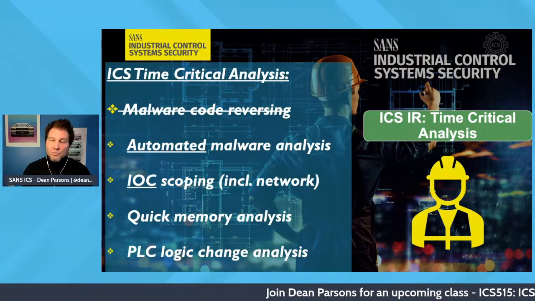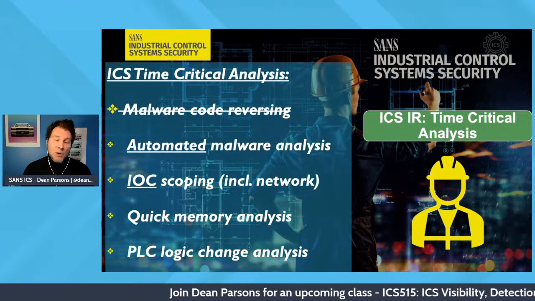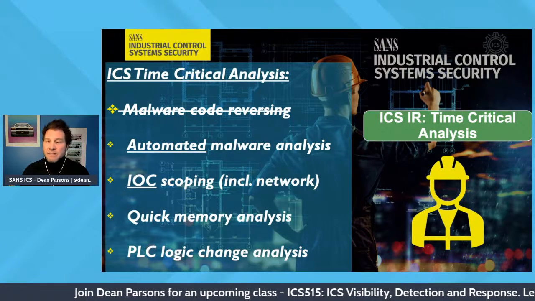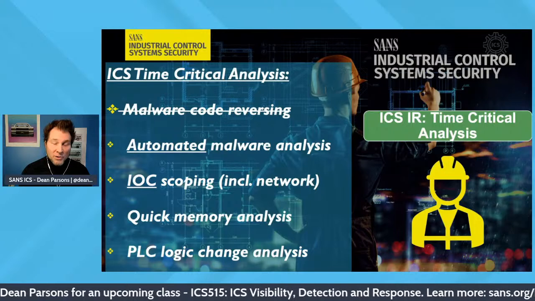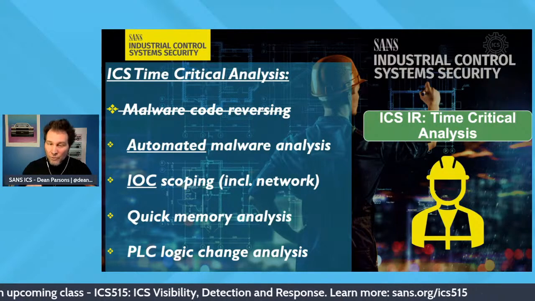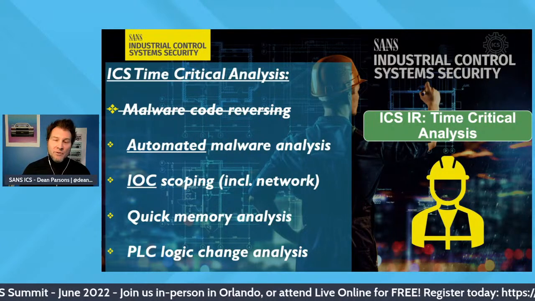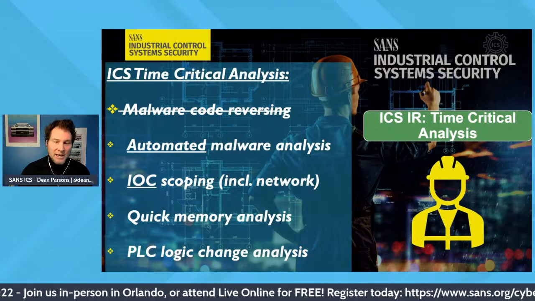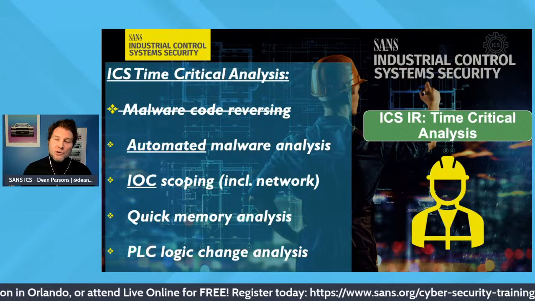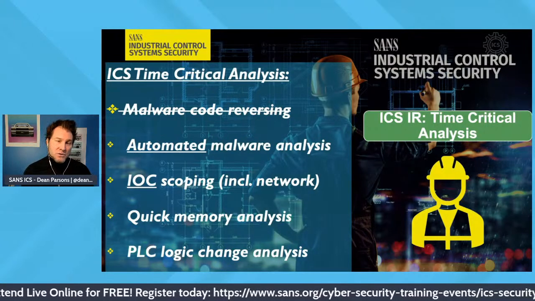In addition, because we acquired data from the last step, now we can scope the environment. This means indicators of compromise scoping. And of course, hopefully we are including our network stack as well. So any kind of PCAPs you can get from the environment, but if you can't, and if you only get the 5-tuple data or flow data, you can absolutely use that here as well.